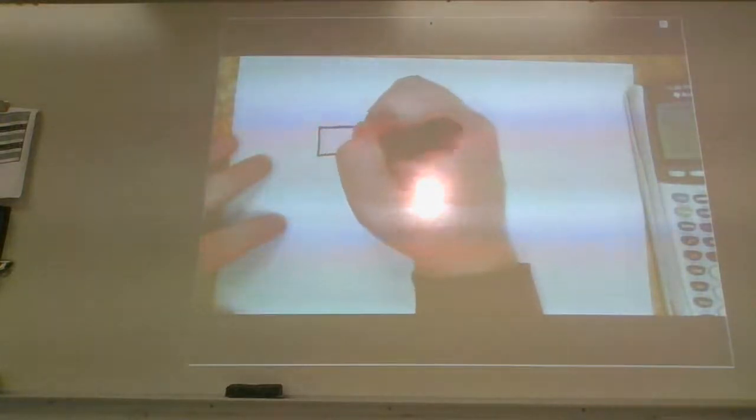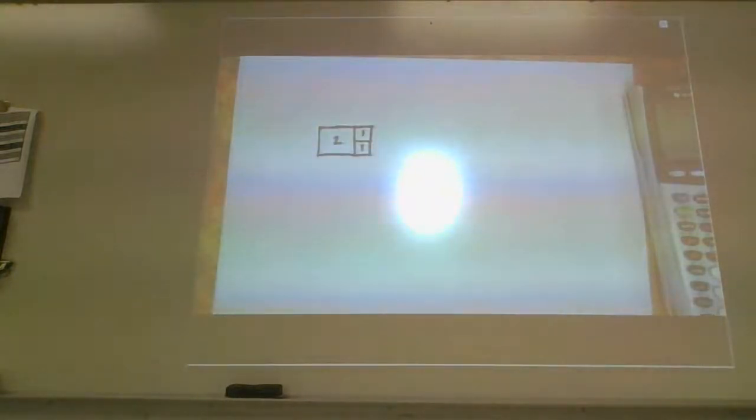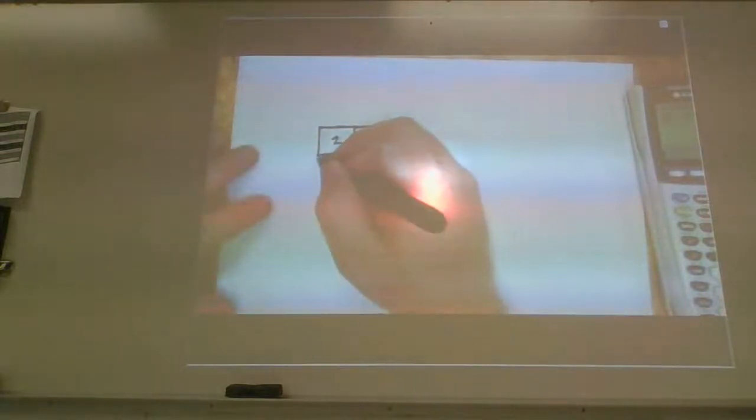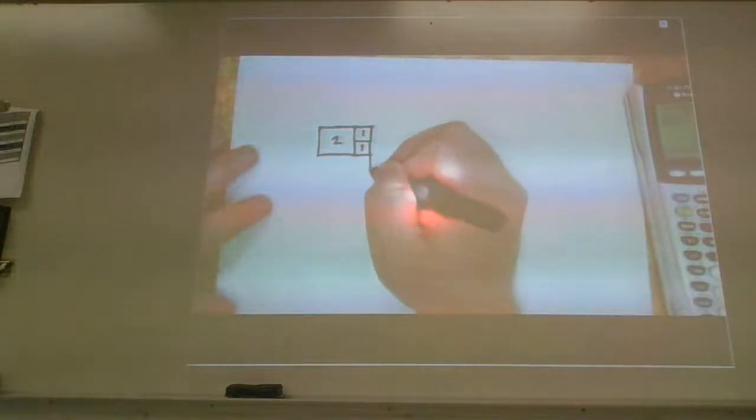So I started off with a 1x1 square and then a 1x1 square. Cool. Then directly to the left of it, I am going to do a 2 by 2 square, and it kind of fills that in.